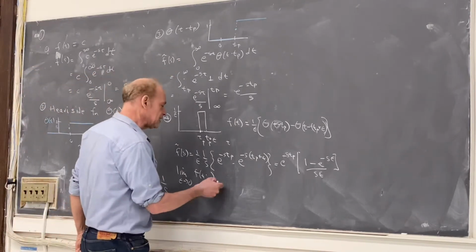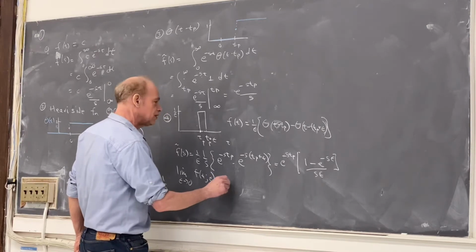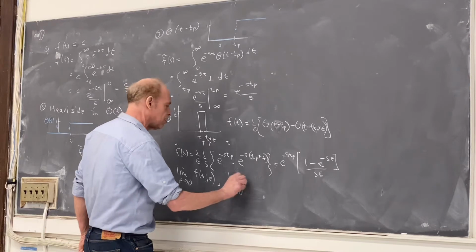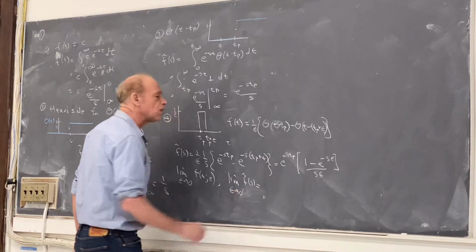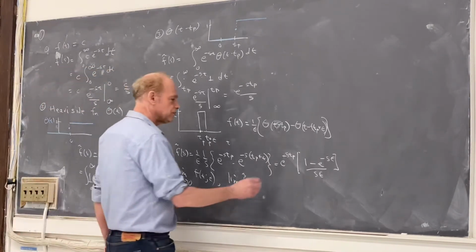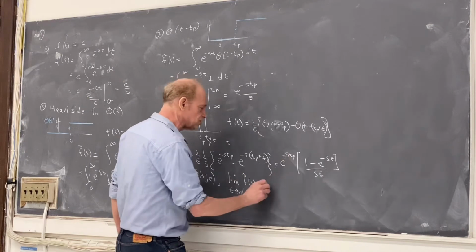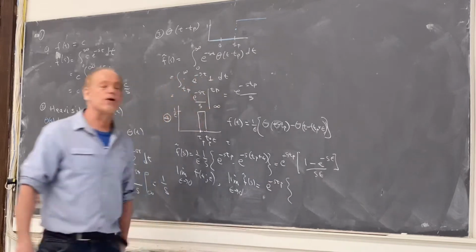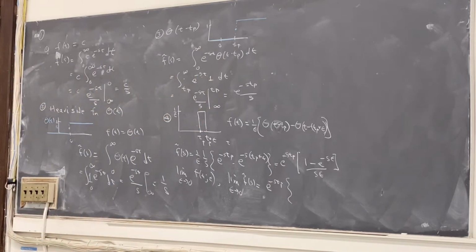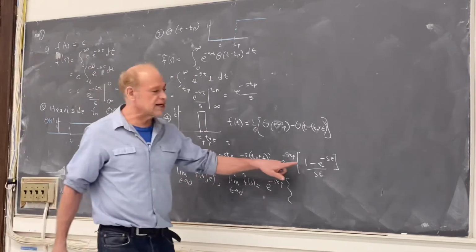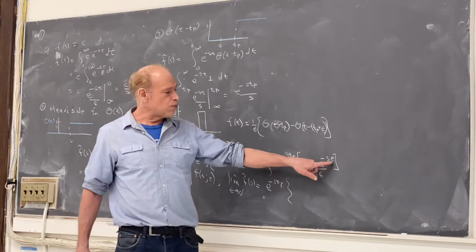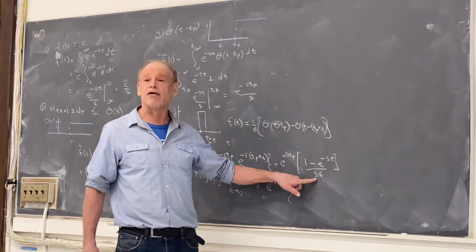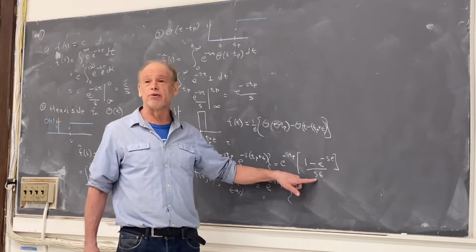Well, if that's the case, then let's look at the transform. The transform is the limit as epsilon goes to 0 of f tilde of s. And what's that equal to? Well, this has no epsilon in it, so that just comes along for the ride. And now what I need to do is take the limit of this thing as epsilon goes to 0. Well, when epsilon goes to 0, I have 1 minus 1 in the numerator, which is 0, and I have 0 in the denominator.